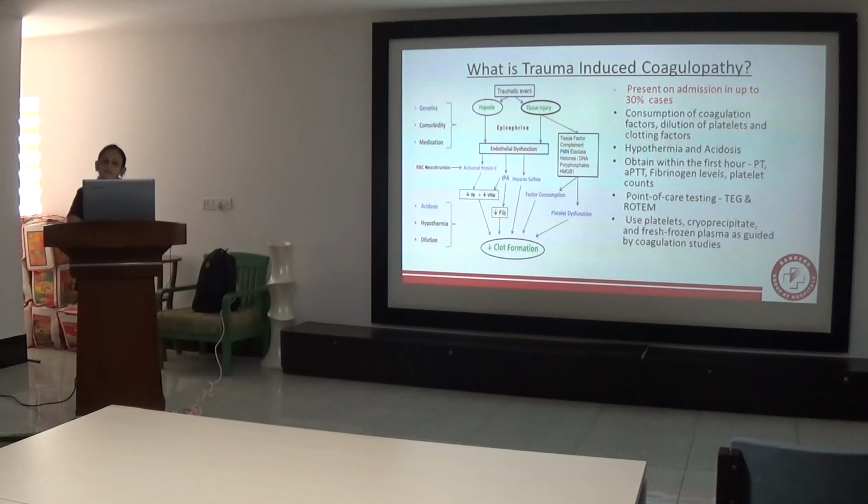So almost 30% of the cases, 1/3 of the patients in trauma, at the time of presentation, present with coagulopathy. So what is happening here? How is trauma causing coagulopathy? So what is happening here is known as consumption coagulopathy or DIC. Patient का इतनी bleeding होती है, there is hemodilution, and there is widespread consumption of